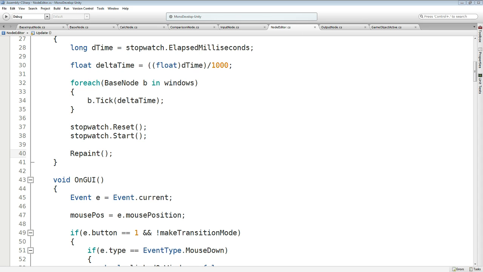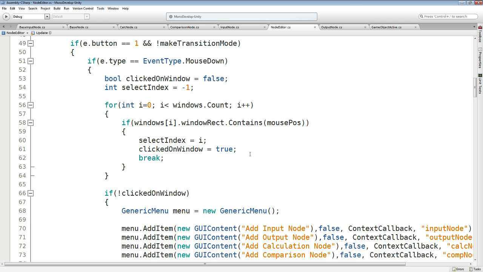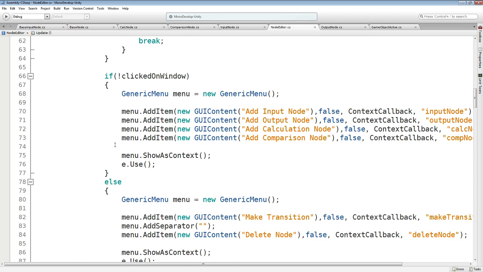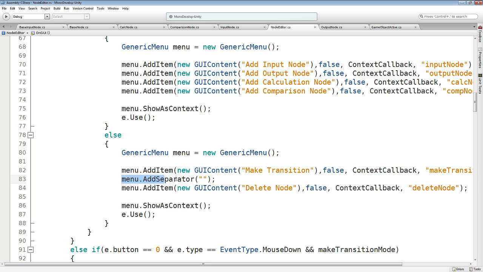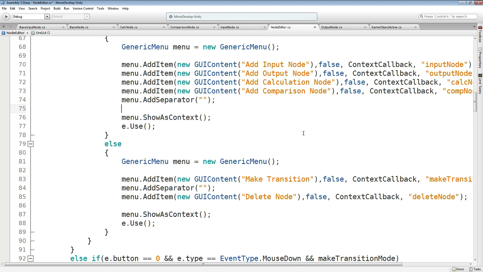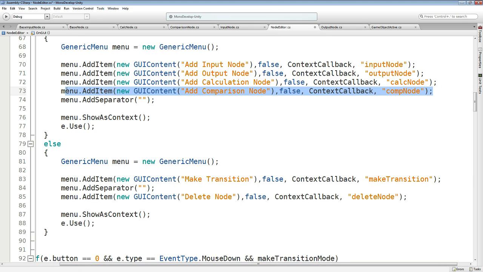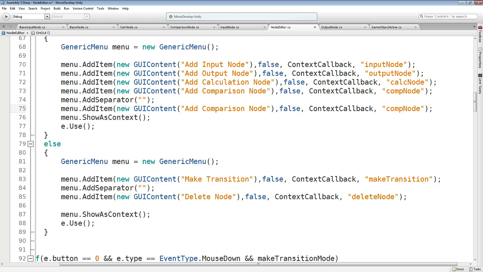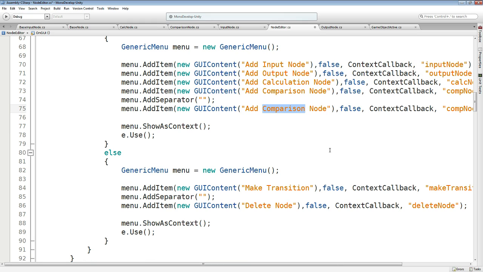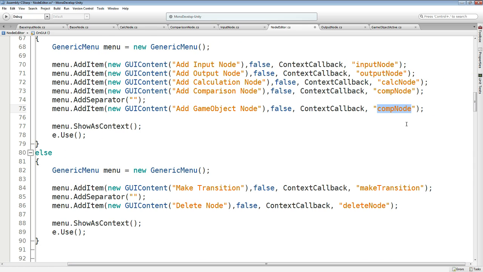Now that we have this, we can simply go to our node editor and to our context menus. Let's just add separators just so that we know the new stuff we added in this video, and we can add a new menu content. We will say add game object node false, and the context callback we will pass the string go active,